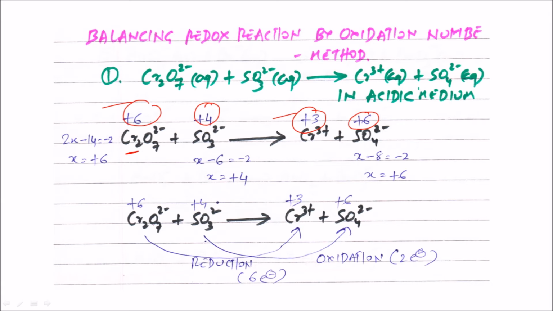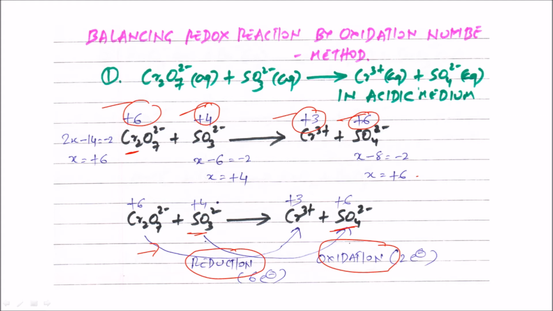So I have taken here, you can see this reduction, nothing but dichromate ion to chromium. This step is the reduction step, okay? And just see the sulfite now. The sulfite ion changes to sulfate ion, and the change in oxidation number for sulfur is +4 to +6. So there is an increase in oxidation number, and an increase in oxidation number we can call oxidation. So you can take here oxidation, nothing but sulfite changes to sulfate.